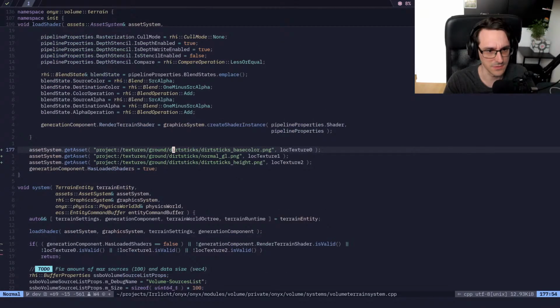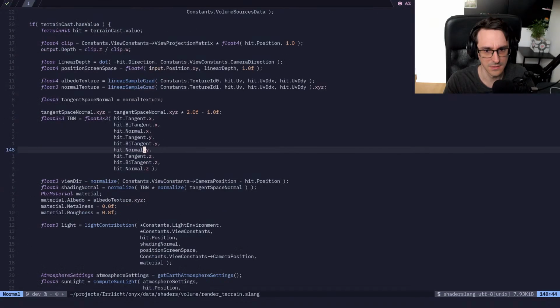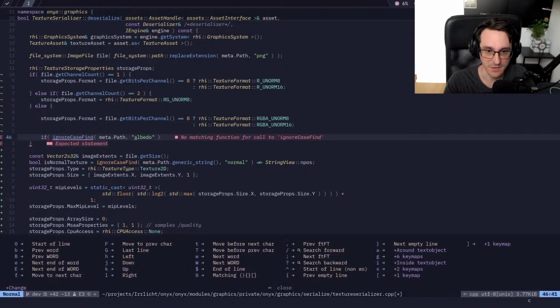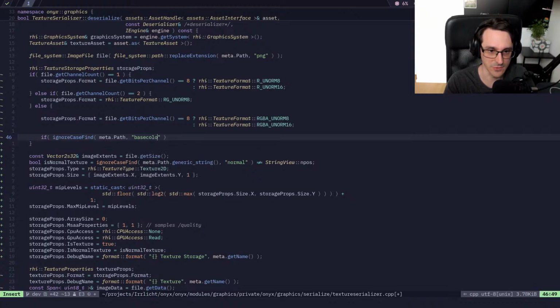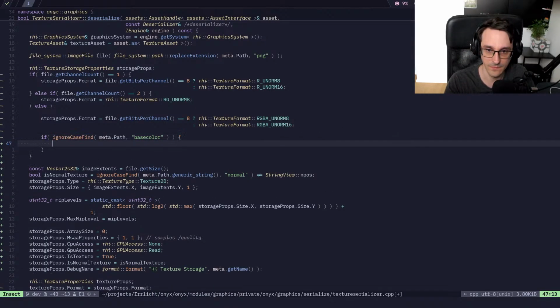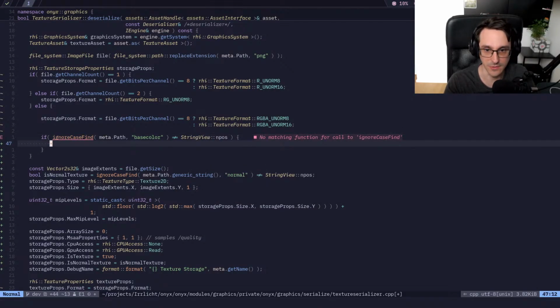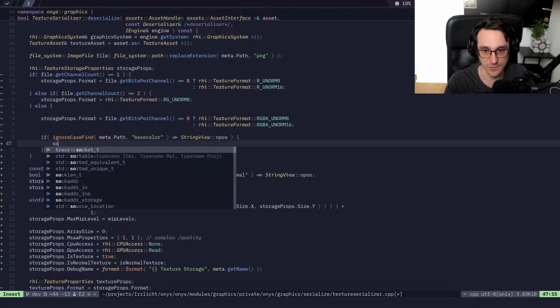Or is it just okay? It's base color. So I guess we do that. If it contains base color, we need to make that smarter, of course. But if it contains base color, and if that is not string view and pos, then we basically found it. And then storage props